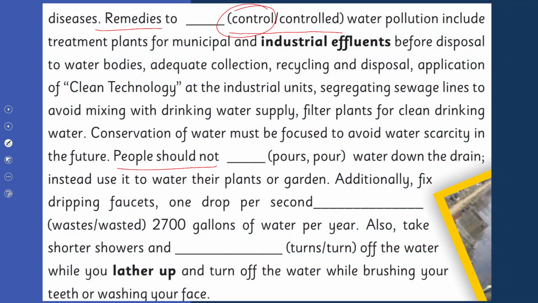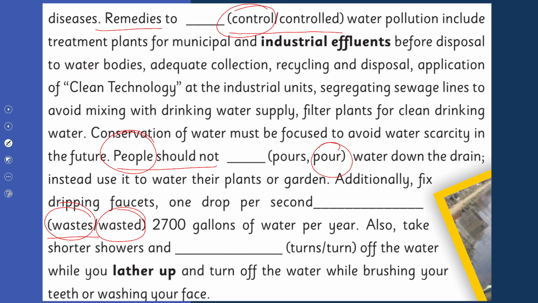People should not pour or pours? People should not pour water down the drain, and additionally fix dripping faucets. 1 drop per second. Waste or wasted? Waste